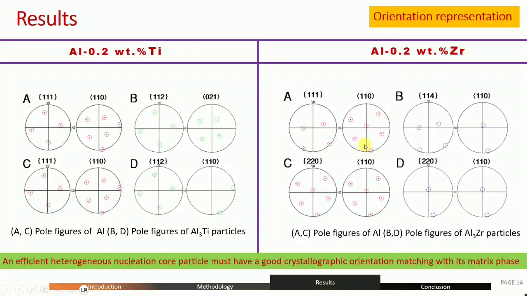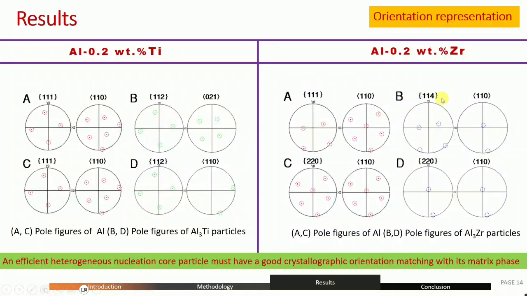Similarly, for zirconium, we can see that they have tested for 111. They have got this particular kind of arrangement here. So they found this kind of arrangement in Al3Zr. They found it is almost here at 114. So except this 111, all other things are exactly coherent. This is 110, same thing they are getting at 110. This is 220, same thing getting at 220. This is 110, same thing getting at 110. So it is absolutely coherent, we can say, except about 111 in Zr.